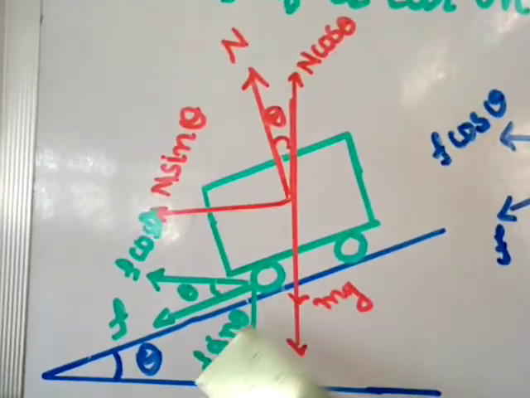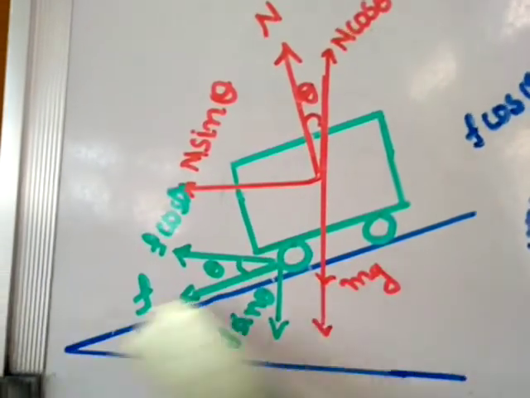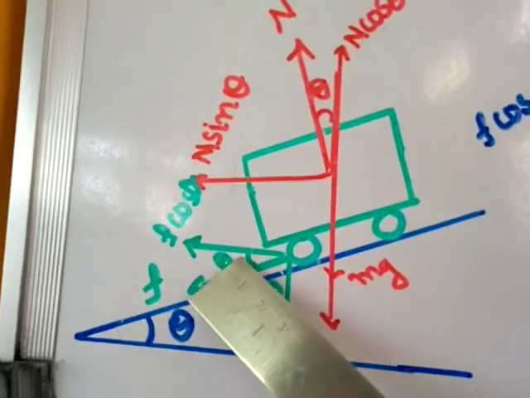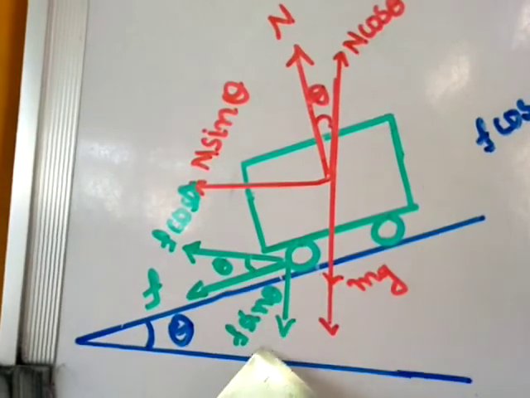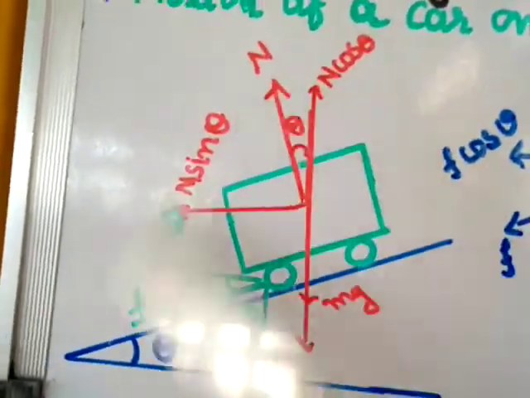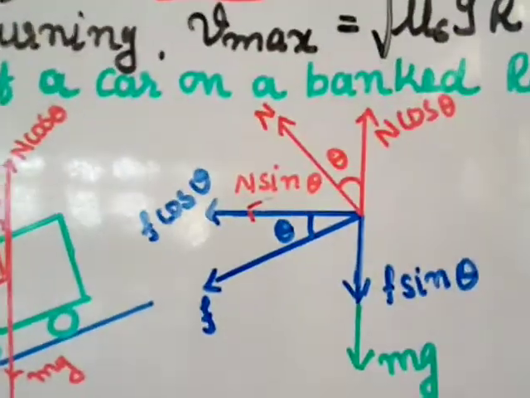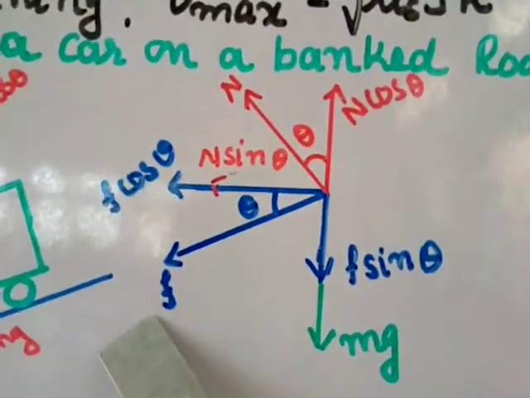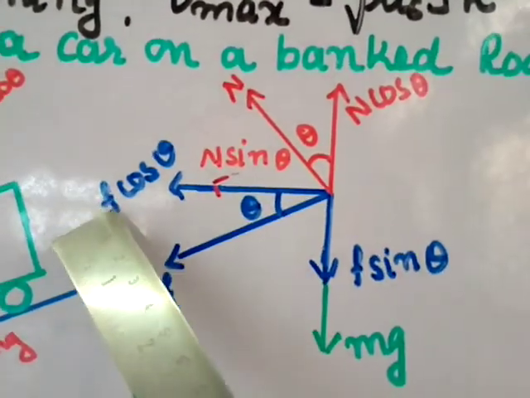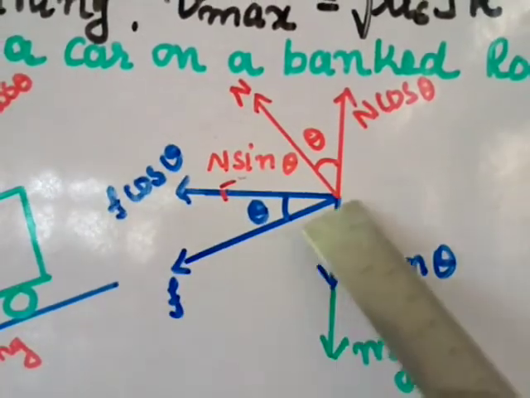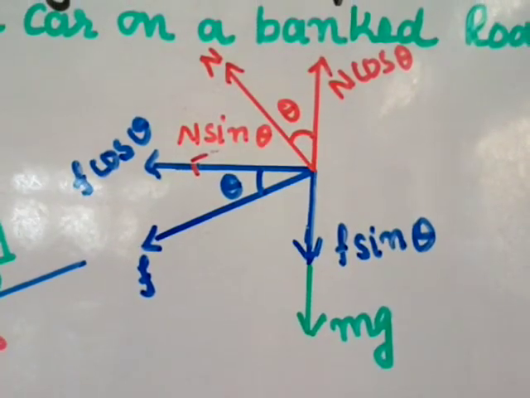Now there is a friction force between the tire and the surface of the road, right? It is directed towards the center, so it is towards this side. If this angle is theta, this angle is also theta. So F is also resolved into two components: one is F cos theta and one is F sin theta. These are the forces I have drawn with the vehicle on the road. The horizontal component is F cos theta and the vertical one is F sin theta, and mg is downward because of the mass of the vehicle.